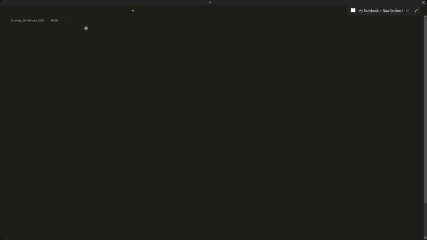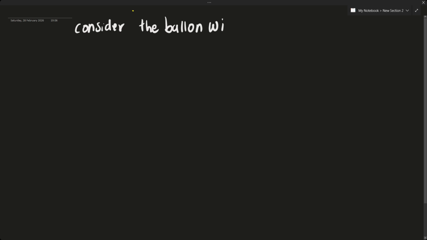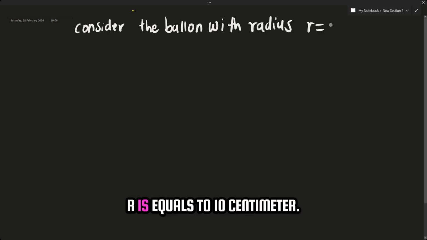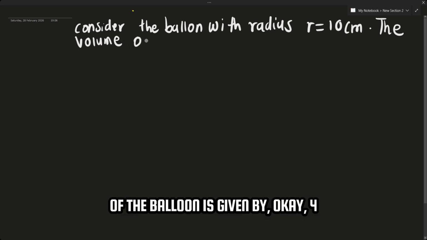So consider the balloon with radius r is equal to 10 centimeters. The volume of the balloon is given by